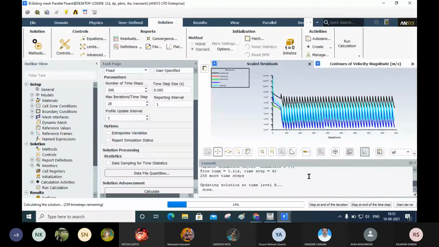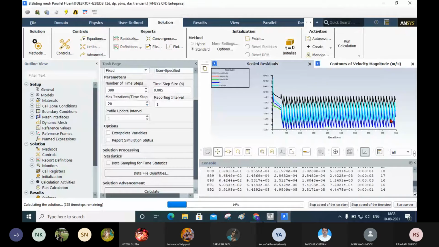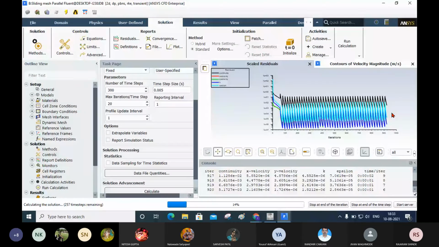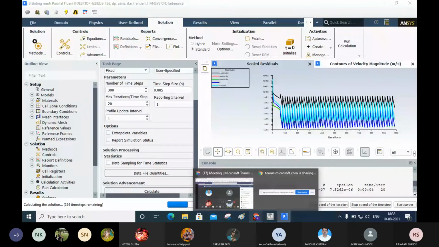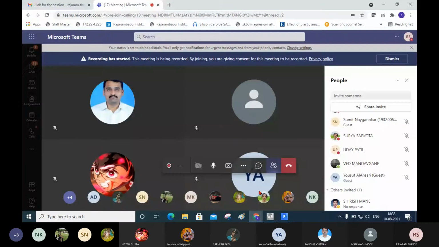You can see here how it is going to converge. Now this distance is going to reduce, and only 15% of the solution has been completed. Sumit, if you have a doubt, you can ask me.